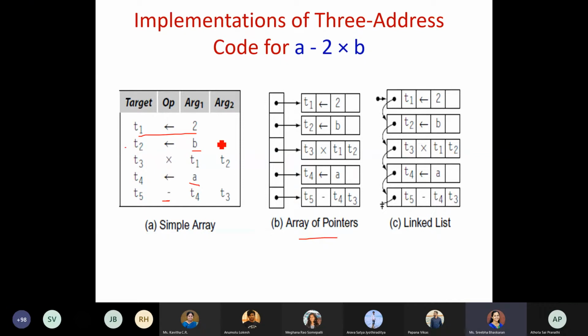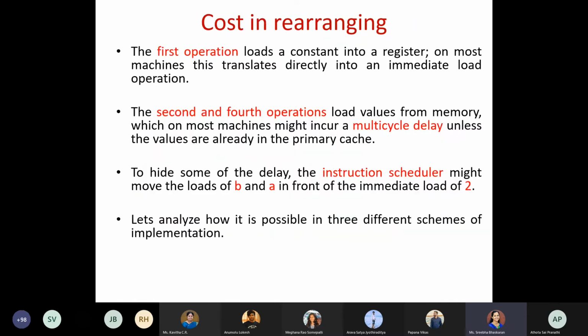Right. So what we could have done to save some cycles is push these two load instructions before the constant value load instruction. If you are going to do something like that, how would these three be done if implemented using a simple array?